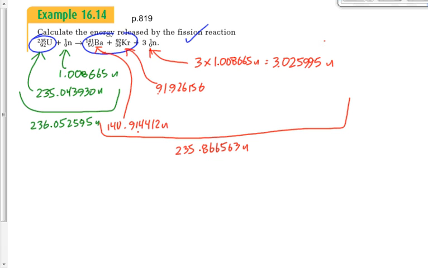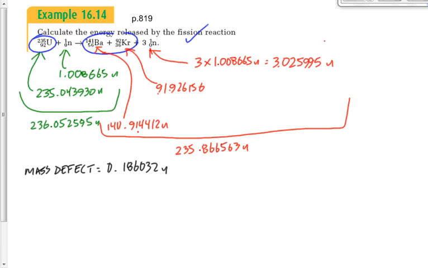Yeah, the mass on the left has to be bigger. We have to lose mass, right? Did we lose mass? Yeah, we have a mass defect. Let's find the value of that mass defect now. We're going to do that by subtracting the two. It's going to be 236 minus 235. It's going to give me 0.186032